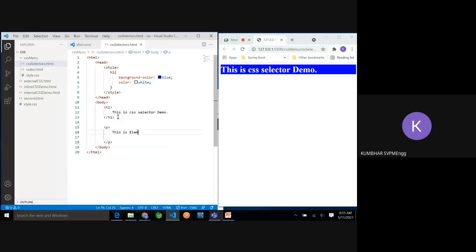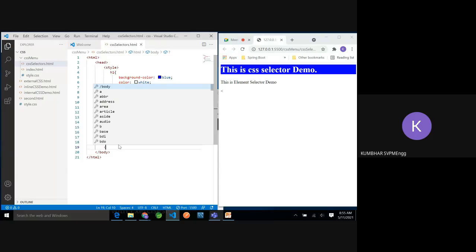This is element selector demo. Let's say one more element I want to take.